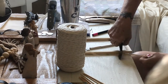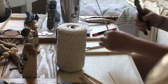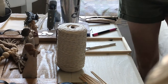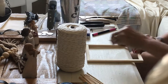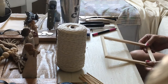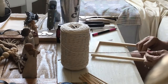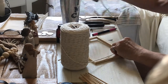Anyway, you just take the canvas frames, and I measure the sticks to go diagonally on the small frame, and I cut them. I just cut them one by one because I measure each one separately to see where it would go. Oh no, on this one, I'm going straight across, so I just measure them all the same. Then I take the macrame cord and I just wrap it around the outside of the frame. I just take my glue gun and glue the first piece,